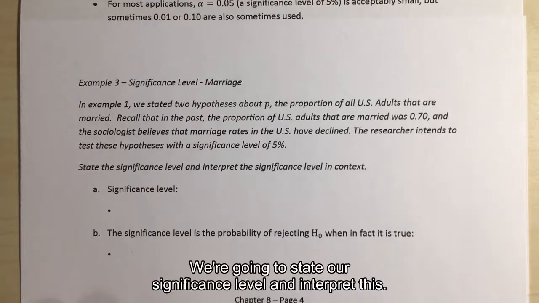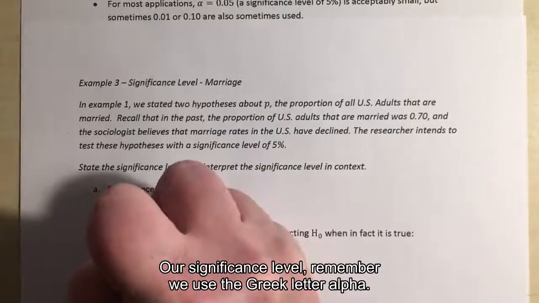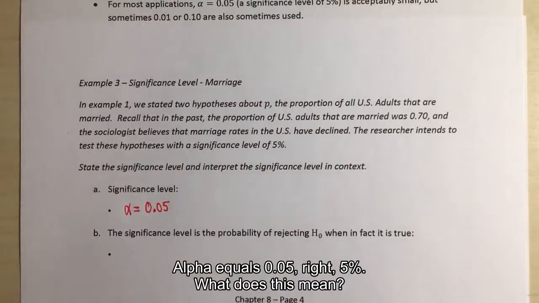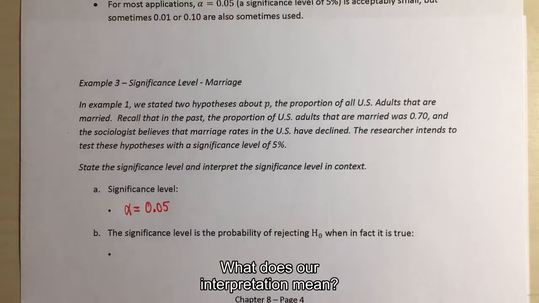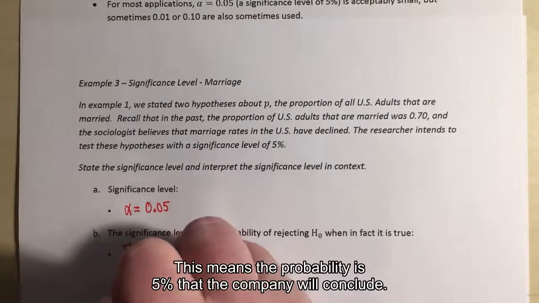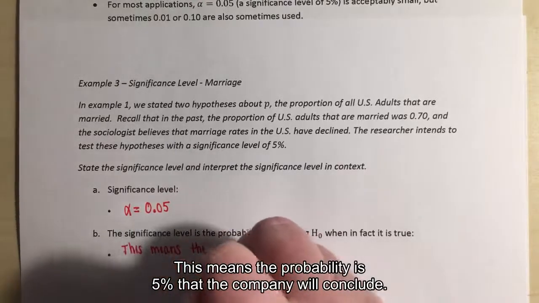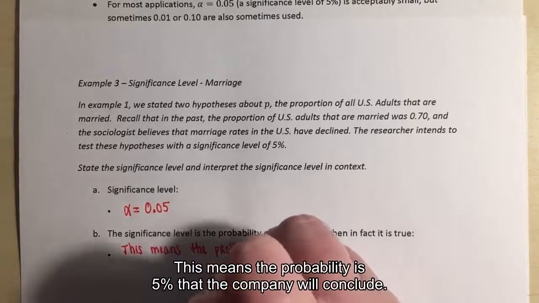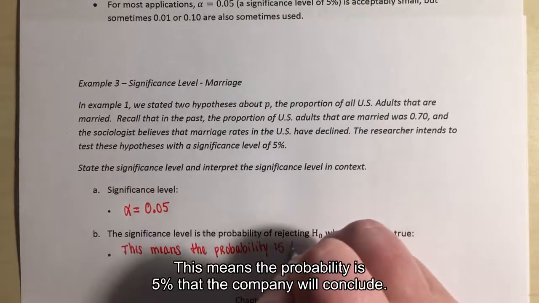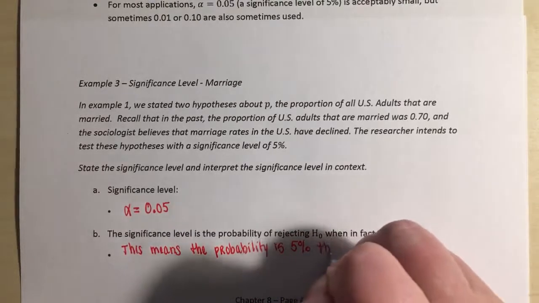Right, so we're going to state our significance level and interpret this. So our significance level, remember we use the Greek letter alpha. So alpha equals 0.05, right, 5%. And what does this mean? What does our interpretation mean? So this means the probability is 5% that the company will conclude